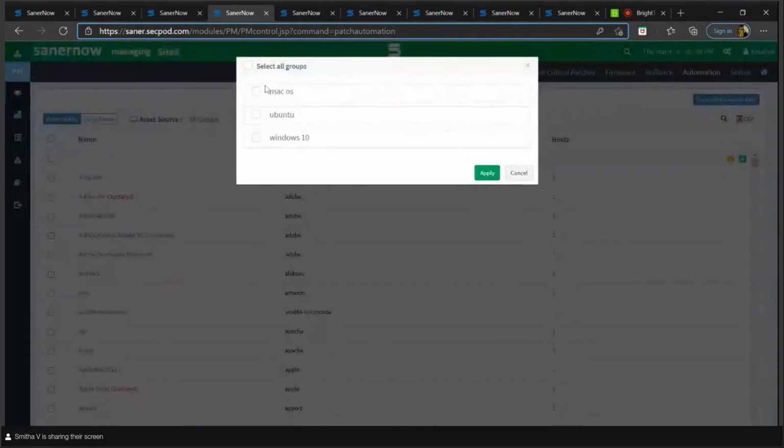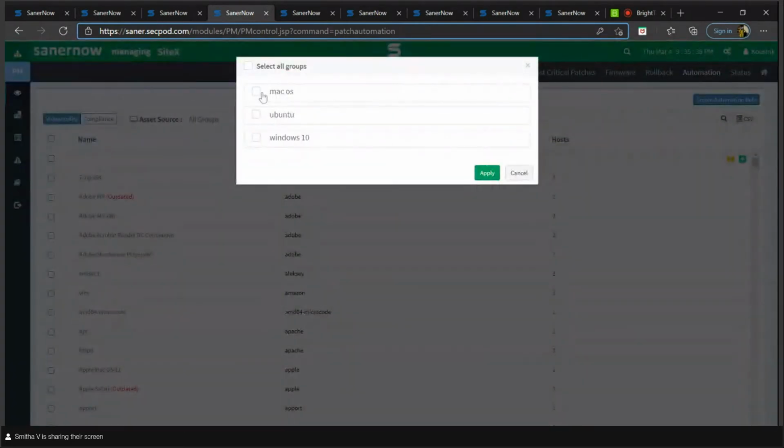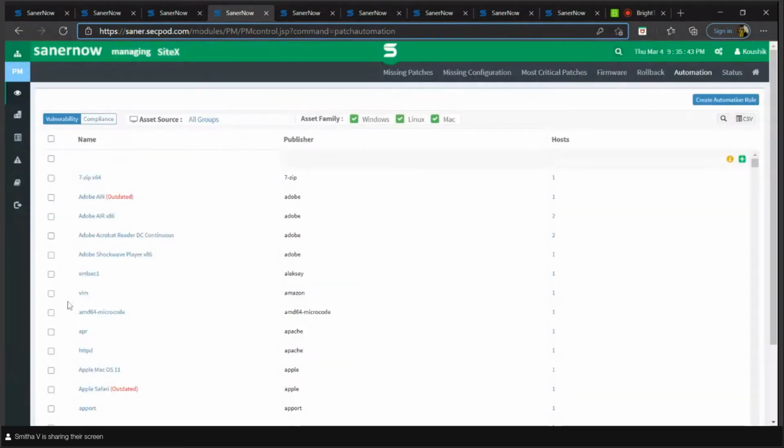All the groups will be displayed in the filter, like asset source. Once you click on that, the user will be able to select the groups, and group wise assets will be listed here.